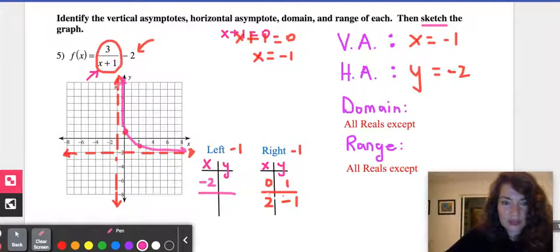So left of -1, we said -2, and then another value I could put in is -4. So -2 plus 1 is -1. I would have 3 over -1, which is -3, and -3 minus 2 is -5. So that is the point -2, -5